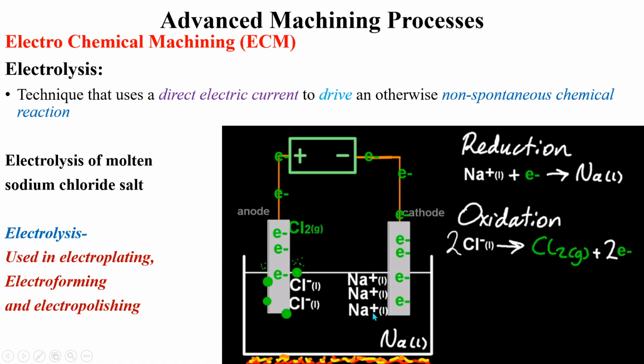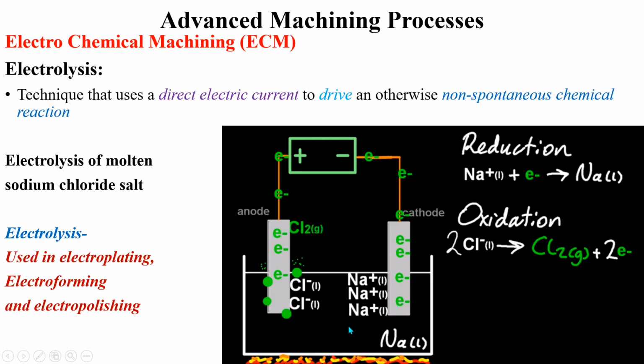These positively charged sodium ions will get attracted to the negative terminal, that is to the cathode surface, and here these positively charged sodium ions react with the negatively charged free electrons to form sodium metal. So here the positively charged sodium ion is absorbing one free electron from the cathode to form the stable sodium metal, which gets deposited at the cathode. So this reaction is taking place at the cathode material. This is a non-spontaneous reaction, but it occurs with the supply of the electric current.